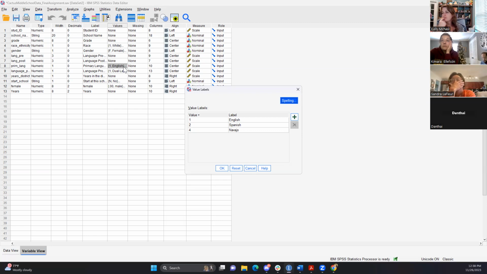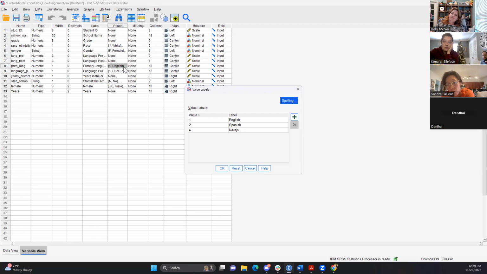We're saying that we want to see the pre-post. No, that's not what Kamara wants to know. We're making an assumption. I want to know the post scores of those whose primary language is English versus the post scores of those whose primary language is not English. Oh, I thought you were asking something else. I got that. I just, because there's three values. If it was only two, if it was just English and Spanish, it would be easier. The fact that there's three values, I'm like, okay, do I run? Because I know I can't run just this.